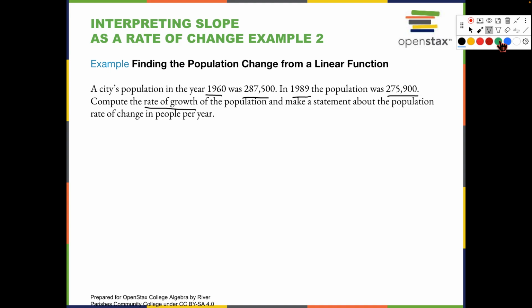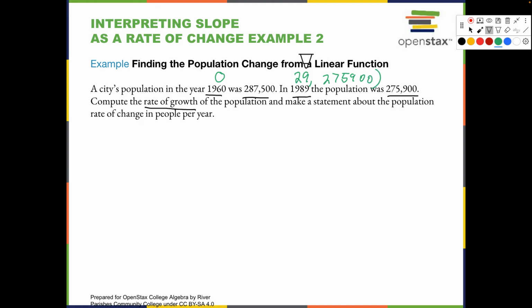What you'll see a lot of times that's done in math is when we have years, those are the input values, the x values. 1960 is a pretty big x value, right? It's almost 2000. So a lot of times what they'll do is they'll take the first one and they'll call that 0, year 0, starting year. And then the next one is how many years since that. So 1960 to 1989, if you subtract them, is that 29 years. And so then you can get your 2 points,